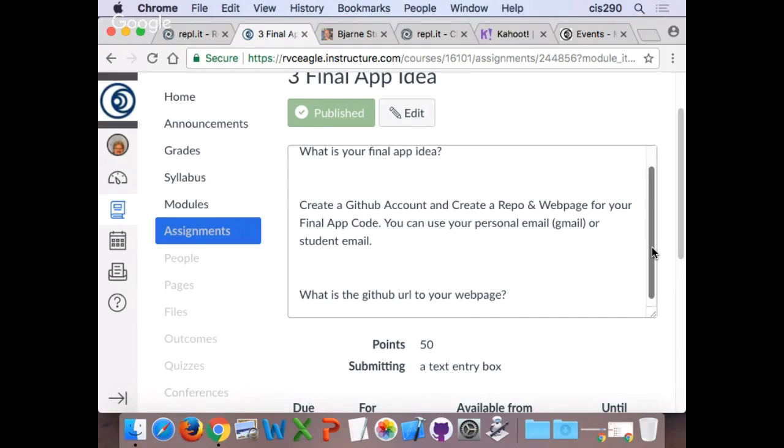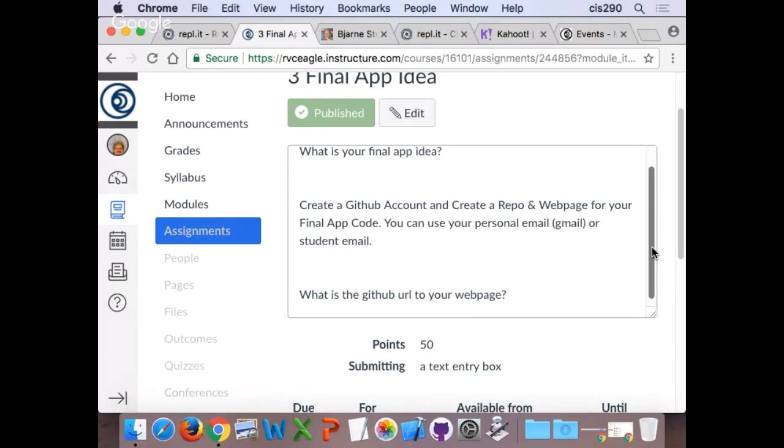So creating a GitHub. With a GitHub account, or what GitHub is first, I guess, is an online source control for all different types of applications. So C++, mobile apps, Java, JavaScript, HTML, PHP. And so I use GitHub in pretty much all of my courses I teach. As a programmer, I use GitHub every day to submit code and do testing, have folks do testing and things of that nature, submit bugs.